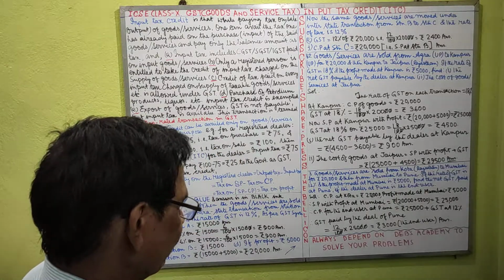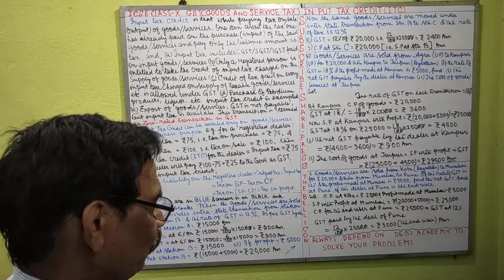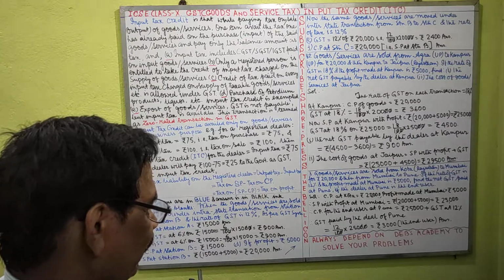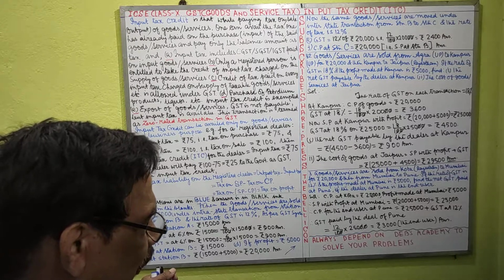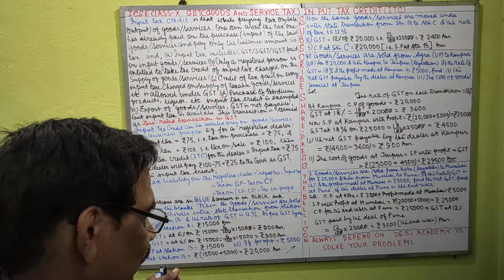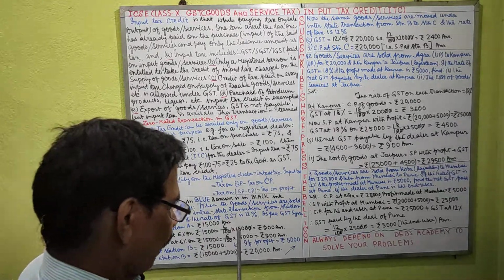Therefore, SP with profit at Mumbai is 25,000, 20,000 plus 5,000, and CP for the end user at Pune will be 25,000 plus GST at 12%, and GST paid by the dealer at Pune